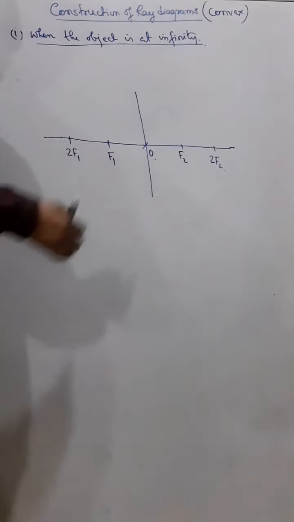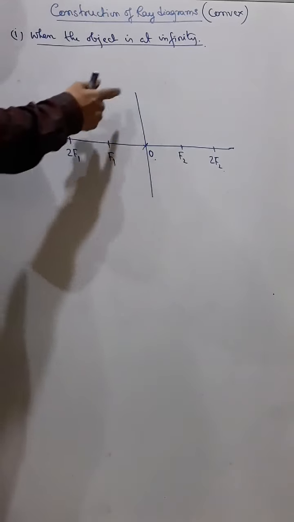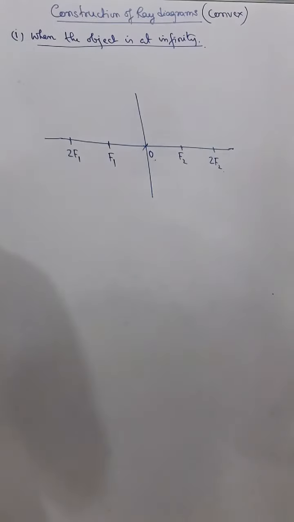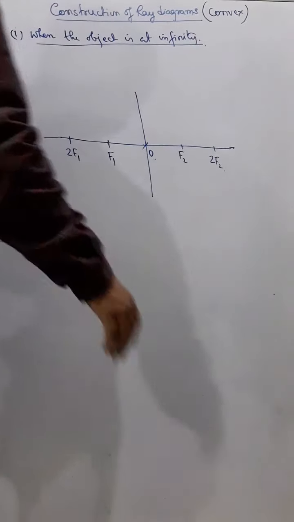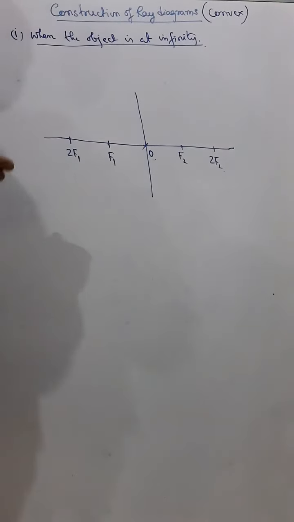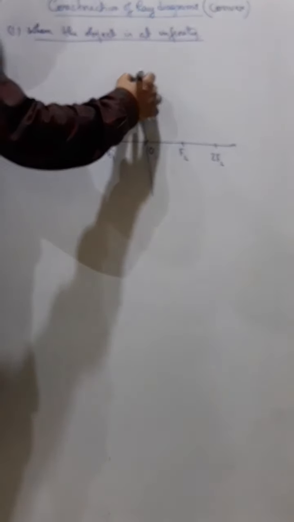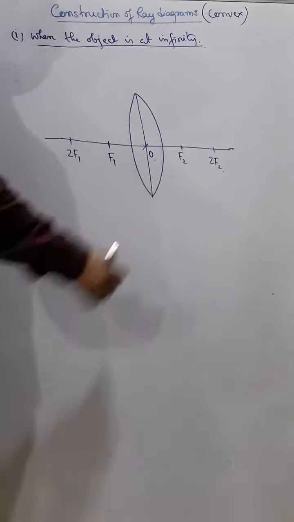So 2 centimeter is not necessary, but according to the size of your paper, we have seen 2 centimeter is better. You can take 3 centimeter or 4 centimeter also if you have a bigger size of paper, no problem. And then you should complete the background of the lens like this. So this becomes a convex lens.